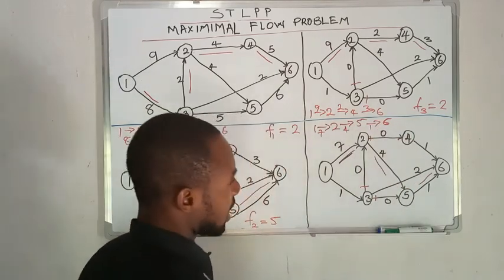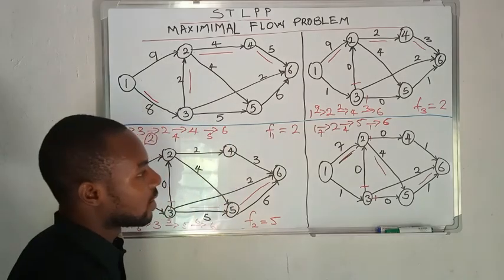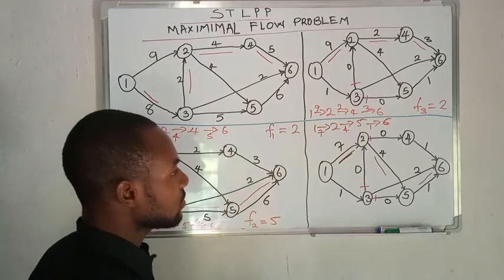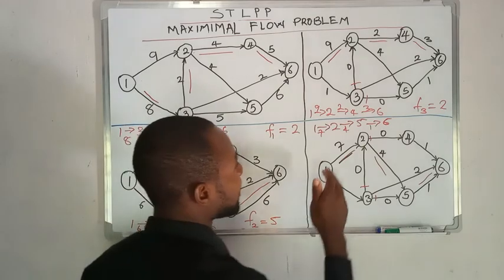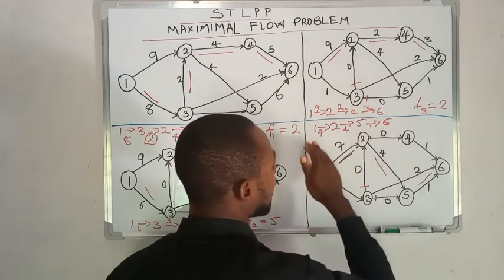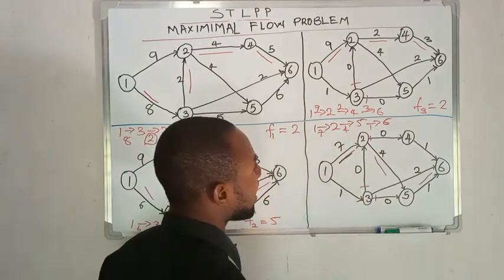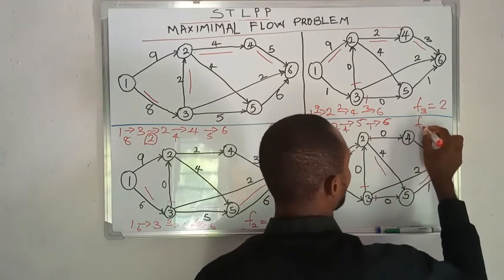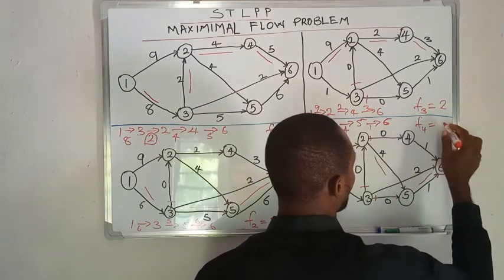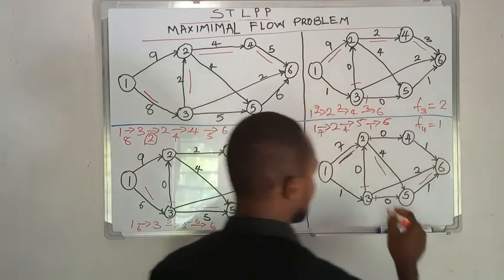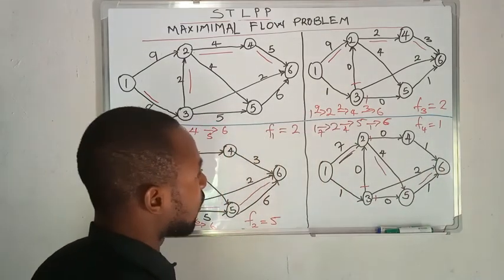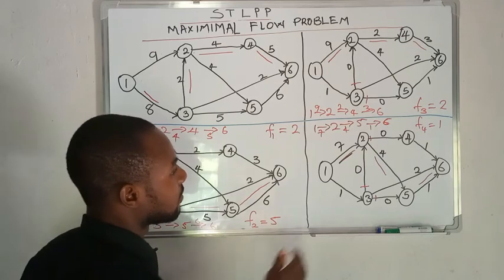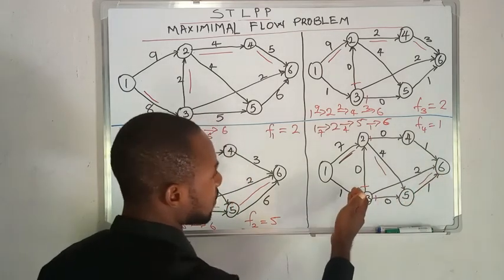So the biggest amount of flow that can pass through this part is just 1. So we have our F4 to be equal to 1, and then we subtract 1 from this flow that we just went through,